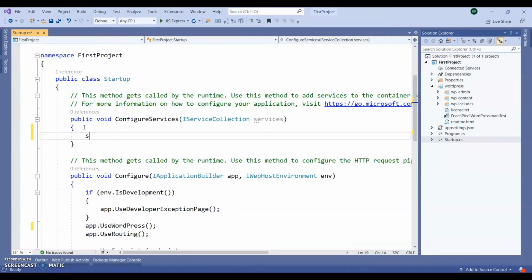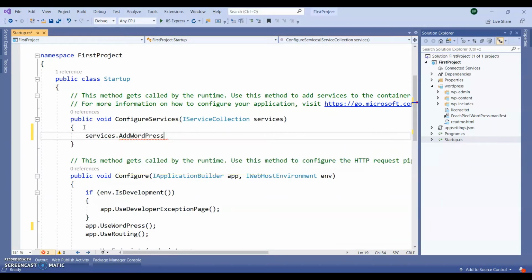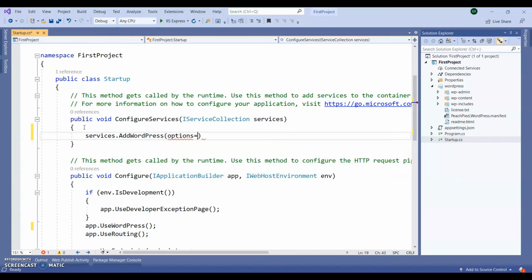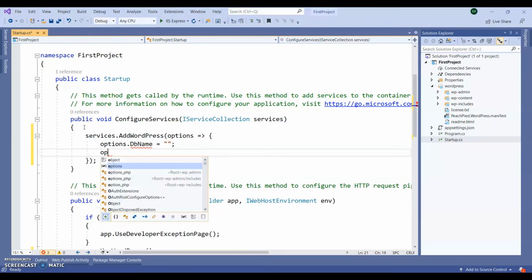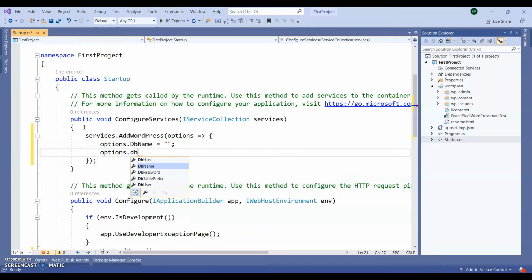So I'm giving services.AddWordPress, and here I'm giving options.DbName and options.DbPassword.